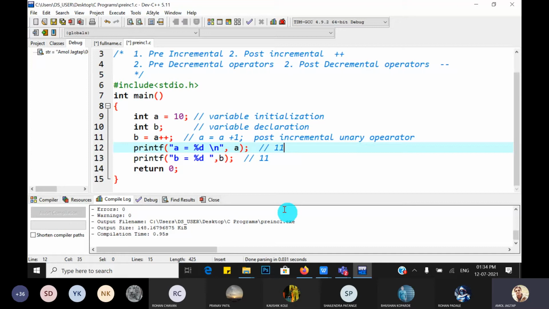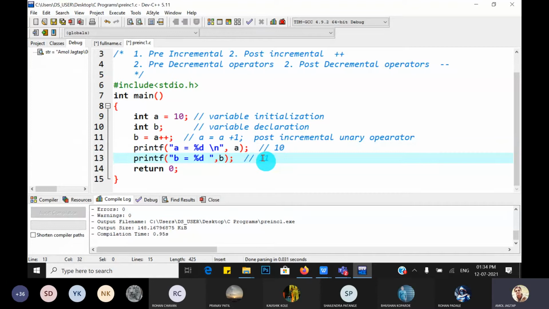A is 10, and what about b? B is 11. Okay. A is 10 and b is 11. Is that clear? Let's check and confirm it.